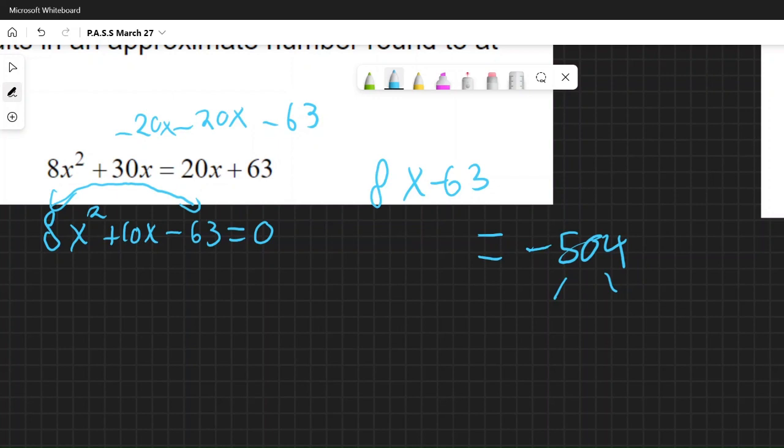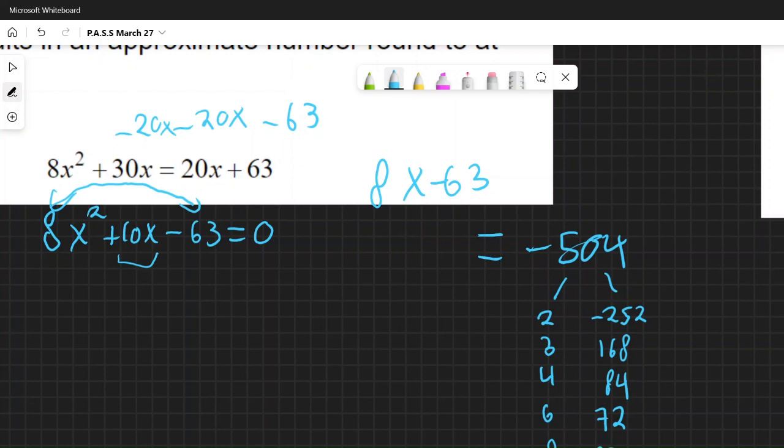So what you do is start dividing it by 1, 2, 3, 4 until you eventually get a number that adds to this 10x here that also multiplies to 504. So we would have like 2 and 252. Then we divide by 3, we'd have 3, 168. And we just keep going until we eventually get to a number that will add or subtract to 10x. So then we have 6 and 72, 8 and 63,